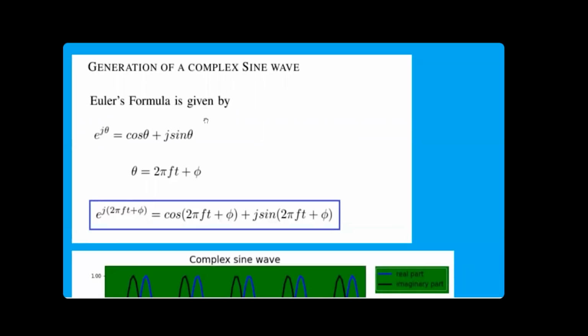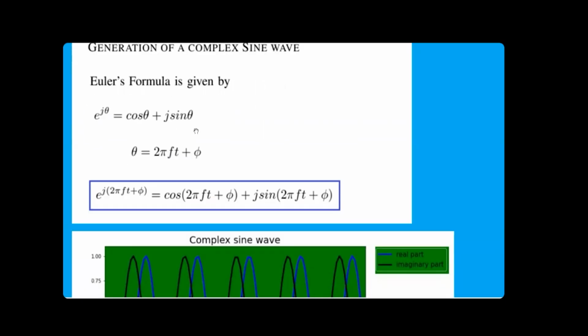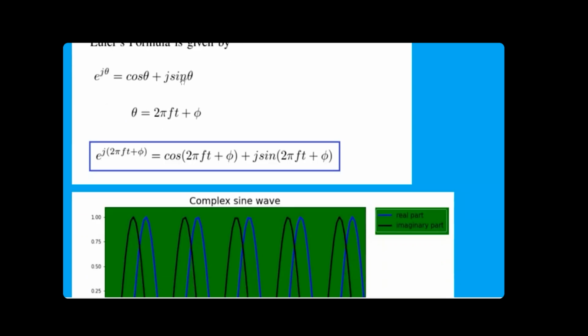In this lecture, we will learn how to generate a complex sine wave from a complex number. This is based on Euler's formula, which states that e to the power j theta is equal to cos theta plus j sine theta. To generate a complex sine wave from this equation, we replace theta with 2 pi ft